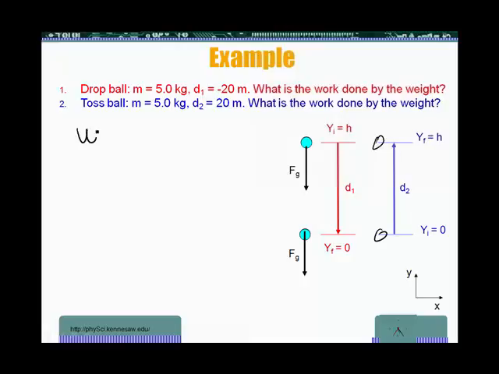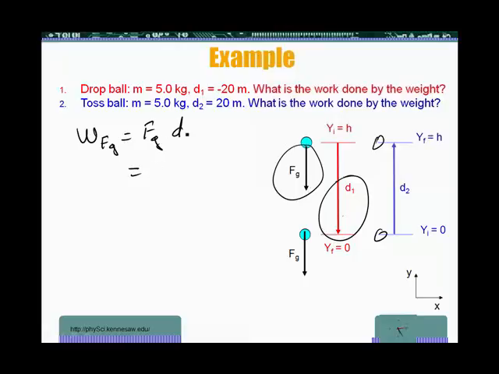Work done by the gravitational force is Fg times the displacement. That's the definition of work, F times displacement. Now, in this case, Fg and d are pointing in the same direction. Okay? So if my displacement is negative, but my Fg is also negative, and both of them are pointing in the same direction, that means my work is going to be just,